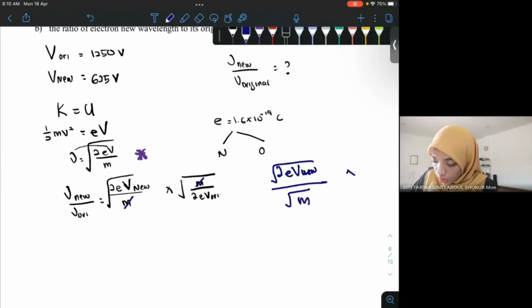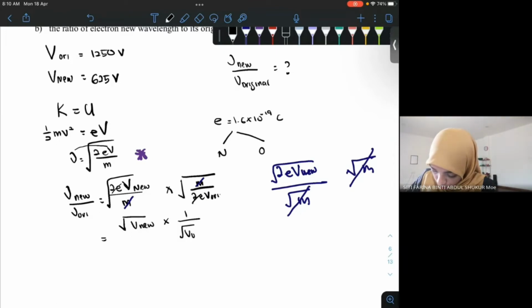So dekat sini pun kita ada square root m, so you can cancel the whole thing. Okay, cancel. EV pun sama, not EV, 2E boleh di cancel. Okay, and then you are left with square root of V new multiply with 1 over square root of V original, which is square root V new over